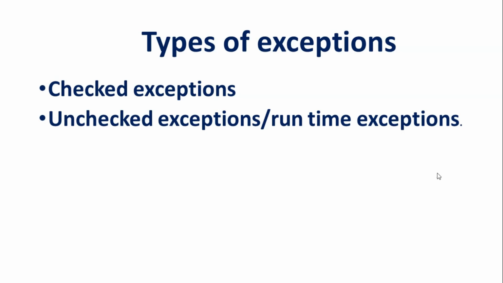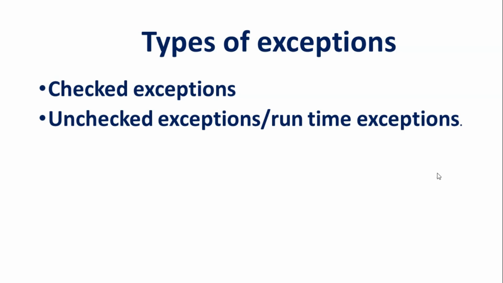So suppose you think your code is vulnerable to throwing these kinds of exceptions, either you need to handle them inside the code using the try catch block, or you can use the throws clause. If we don't do that, then during compilation the compiler will give you a compilation error message. So these are the checked exceptions. The compiler checks whether these exceptions are handled using a try catch block or a throws clause. If we do that, the compiler will successfully compile it, or if we don't, the compiler will give